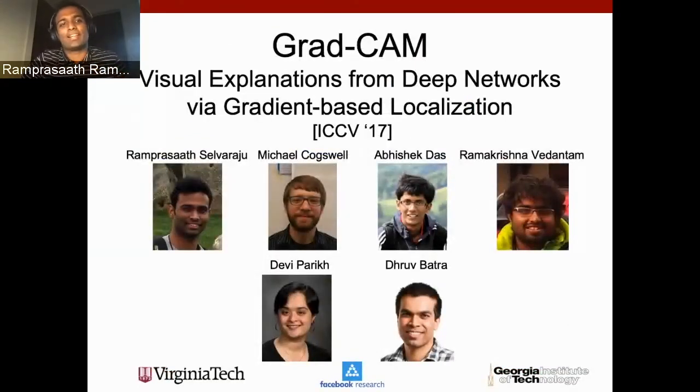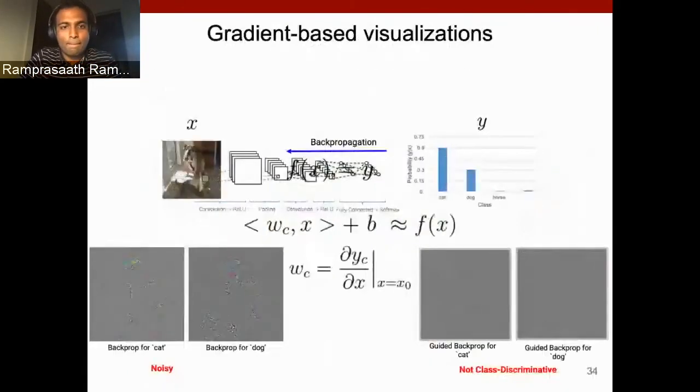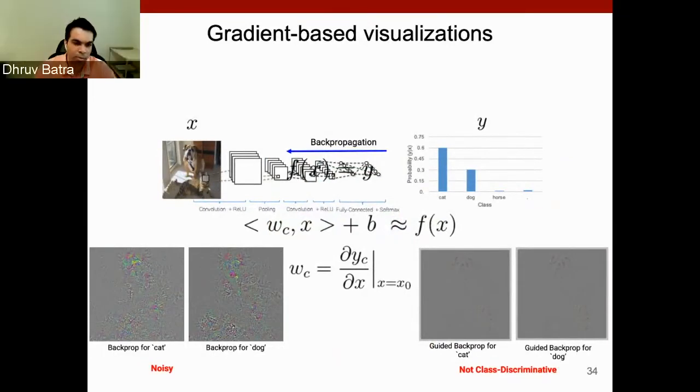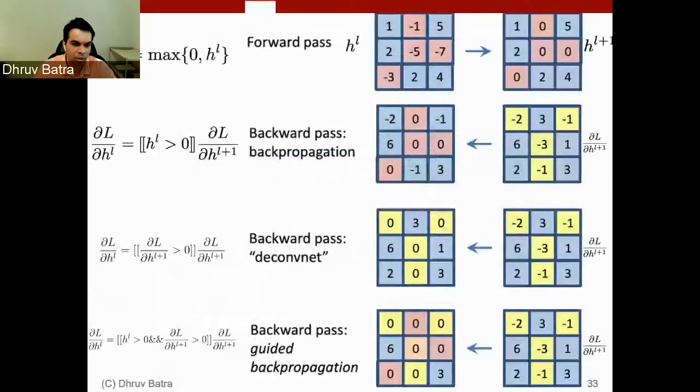Actually, would you mind going back two slides? I just want to make a couple of quick notes. This one? No, the one before this. This one? Yeah. So I just want to make a quick note for people. The top row is just the forward pass in a ReLU. There's nothing that we are introducing. The second row is just a visualization of